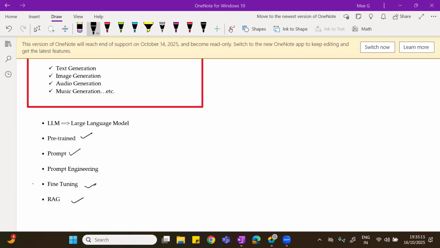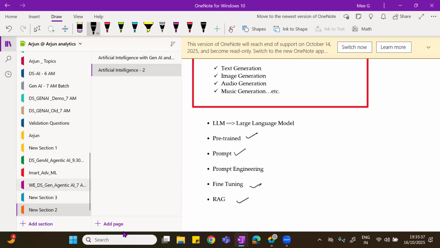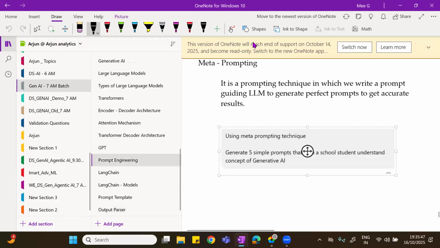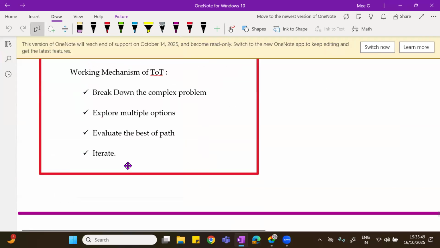What definition did you want? I am already writing the important ones. The pre-trained and fine-tuning, I explained it, right? As we move forward, I will give you the complete definition over there. We are not going to finish this off; we are going to go through it very detailedly. If you take any of them, here you can see there is prompt engineering. This entire stuff is prompt engineering.